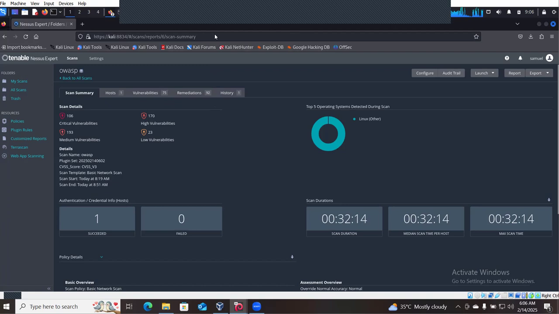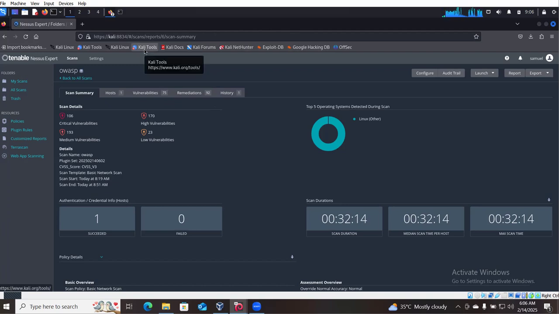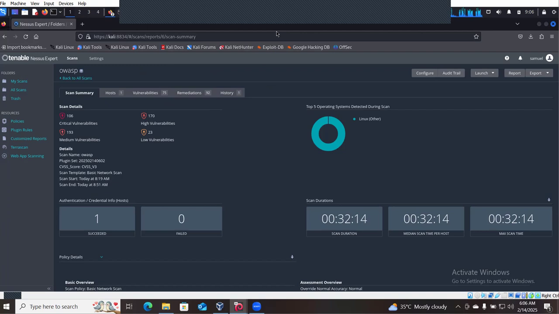So basically, that's everything about Nessus. That's what you need to know about how to use Nessus. This will be where I stop this vulnerabilities class. We're going to move into the next